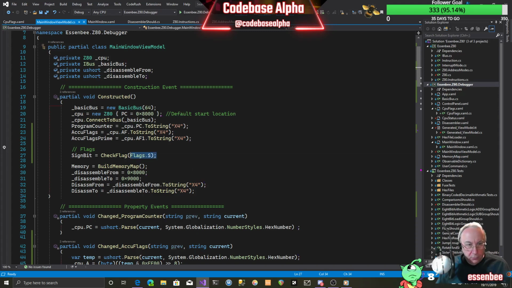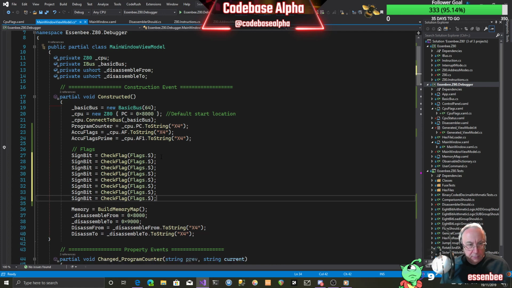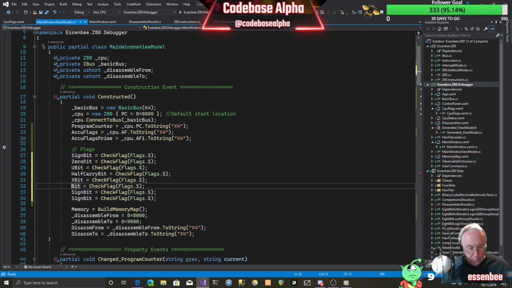If we copy this line of code, 1, 2, 3, 4, 5, 6, 7, and it's going to be the zero bit, the U bit, half carry bit, X bit, parity overflow, negation, carry,